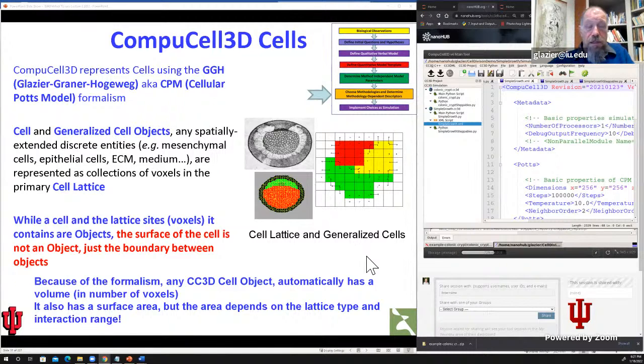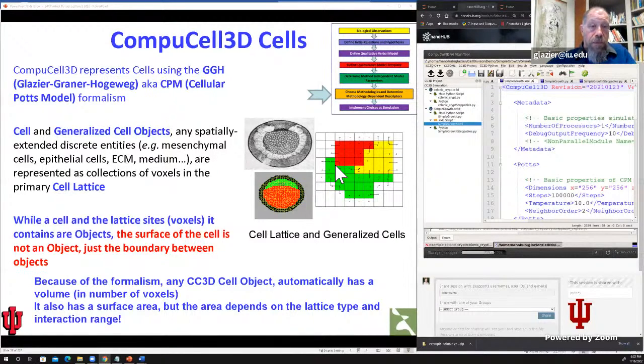One of the results of this is that the volume of a cell is well defined. I can count how many voxels belong to the cell. But the surface area of the cell is going to depend on how I measure it. If I have nearest neighbors, I can count. The surface area is 1, 2, 3, 4, 5, 6, 7, 8, 9, 10, and so on. If I had second neighbor interactions, this one pixel would have 1, 2, 3, 4, 5, 6, and so on